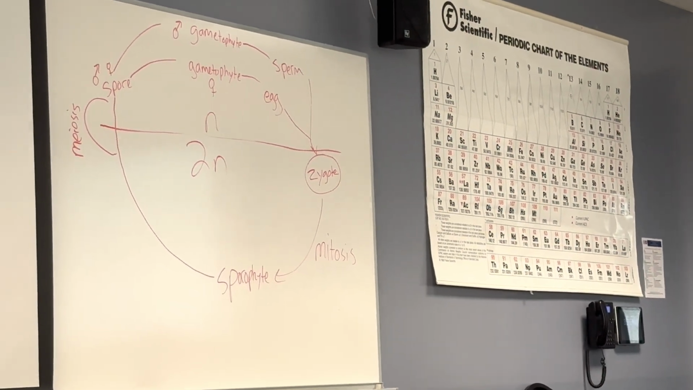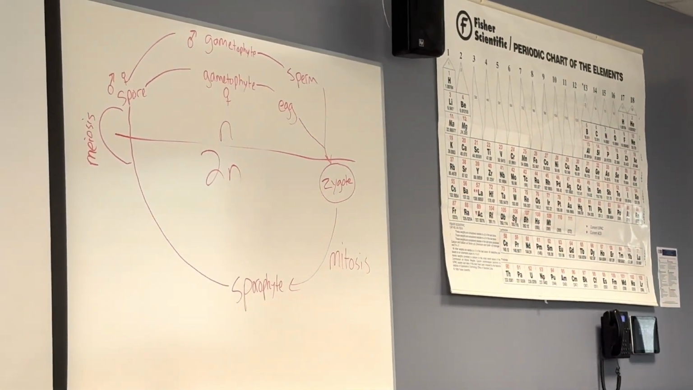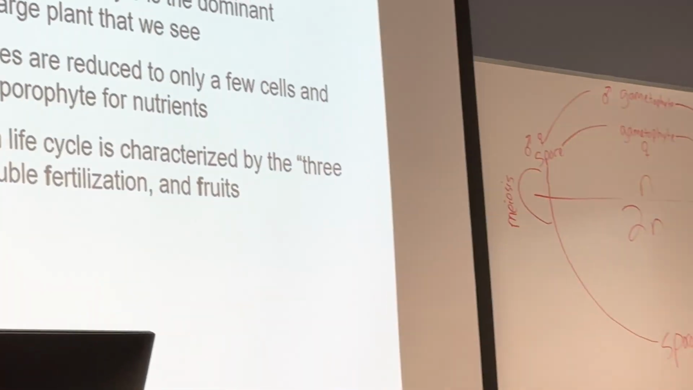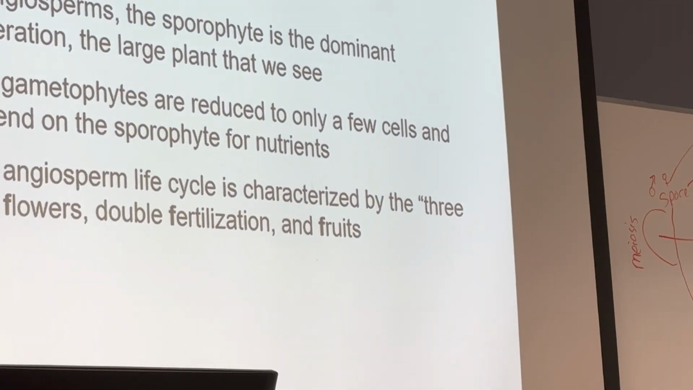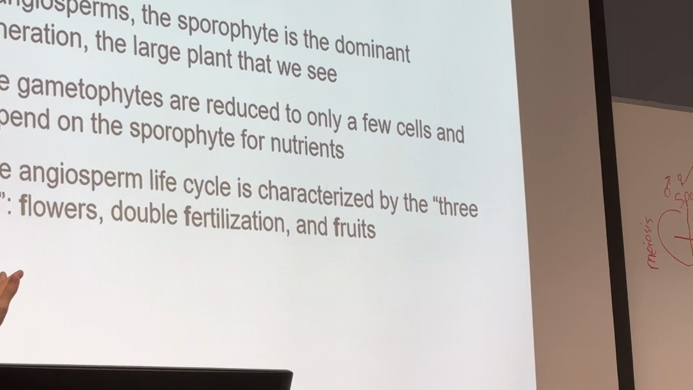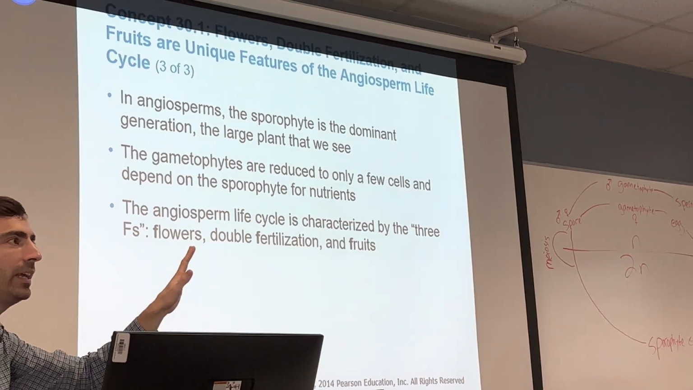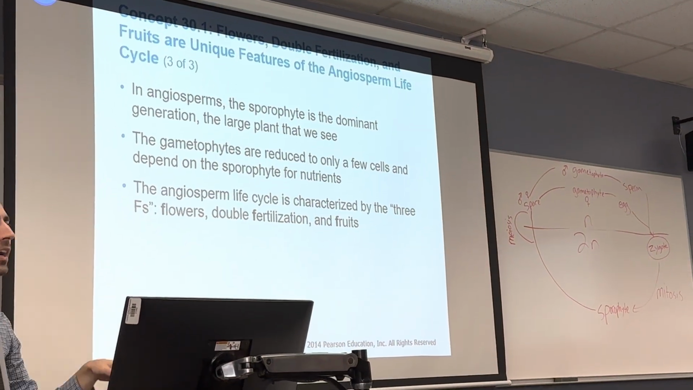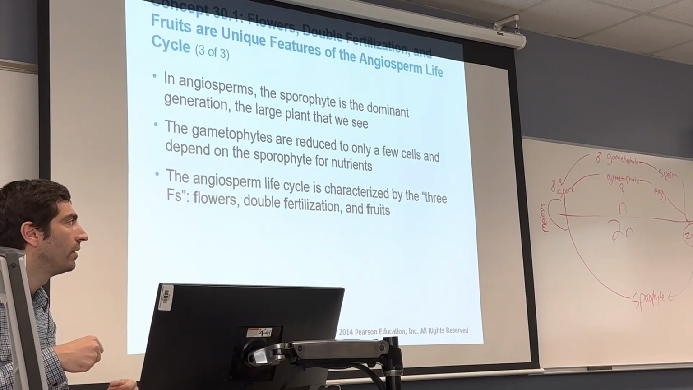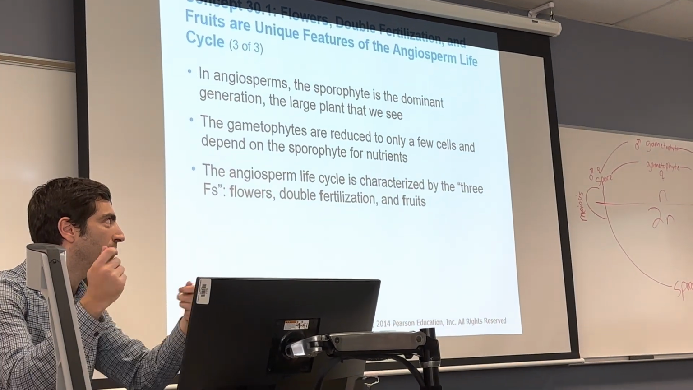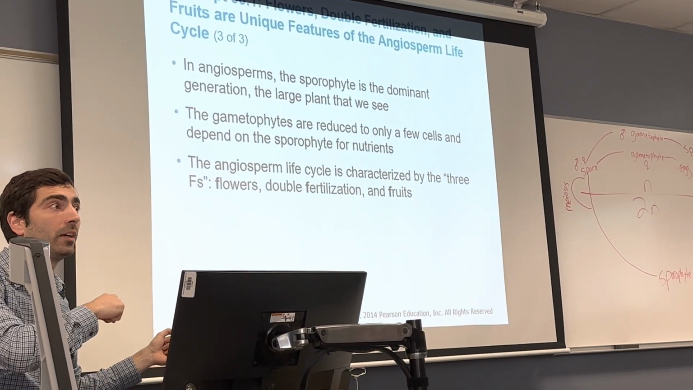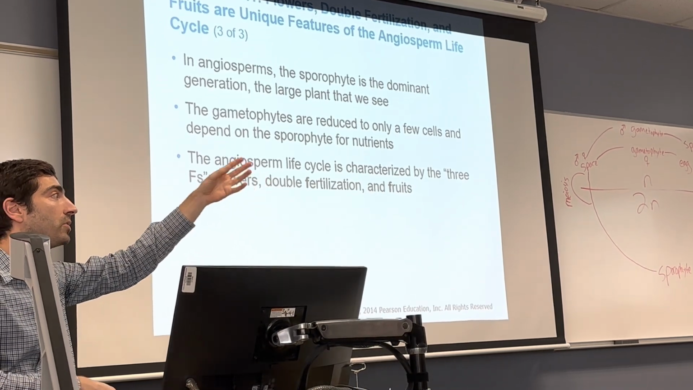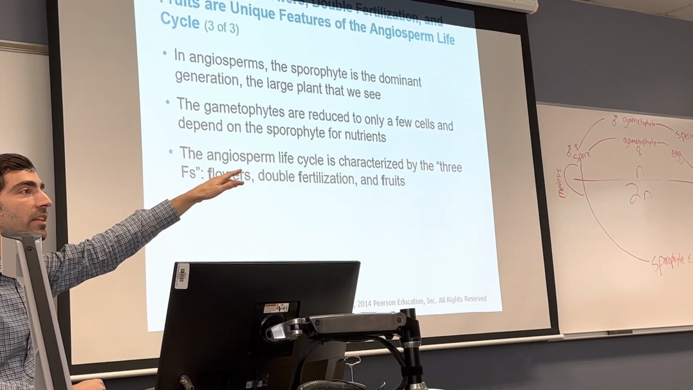In angiosperms, we see this alternation of generations, and one thing we saw throughout the evolution of plants is that the first plants were gametophyte dominant. Those were the mosses, largely haploid. And eventually the gametophyte kept getting smaller and smaller until we ended up at the newest kids on the block,